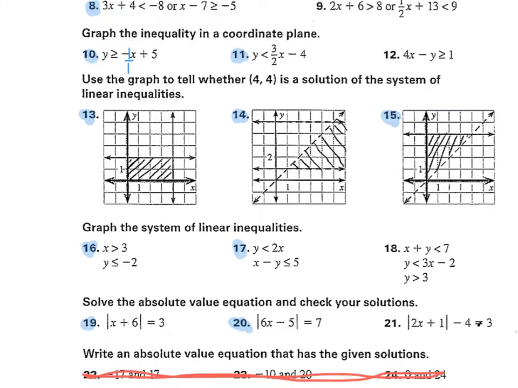13, 14, 15. These are really pretty easy. So they want to know, is the point (4, 4) a solution to this system? Now, system is like these guys here. When we have more than one inequality or equation, and you graph them. So like here is the shaded in area. All right, and I'll even have a little fun with you here with the highlighter. So in this area here and this area here,